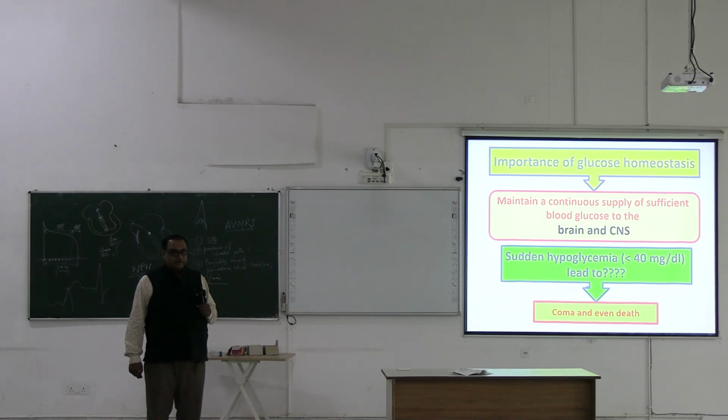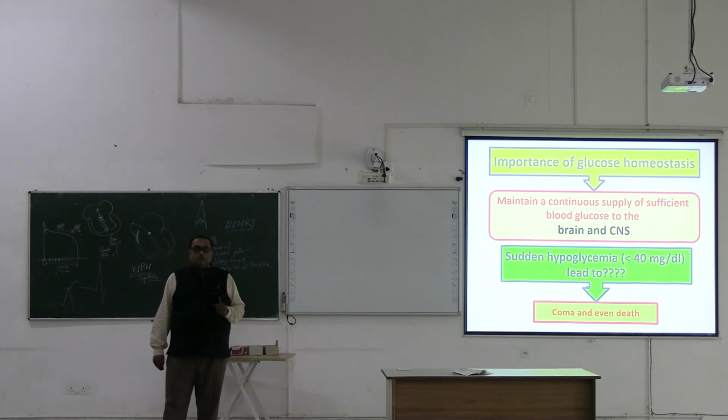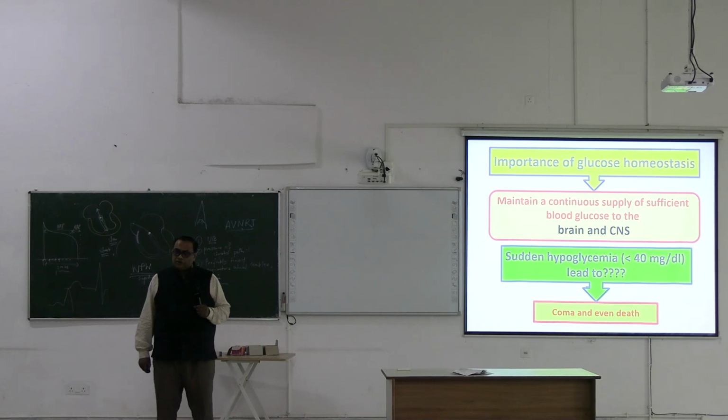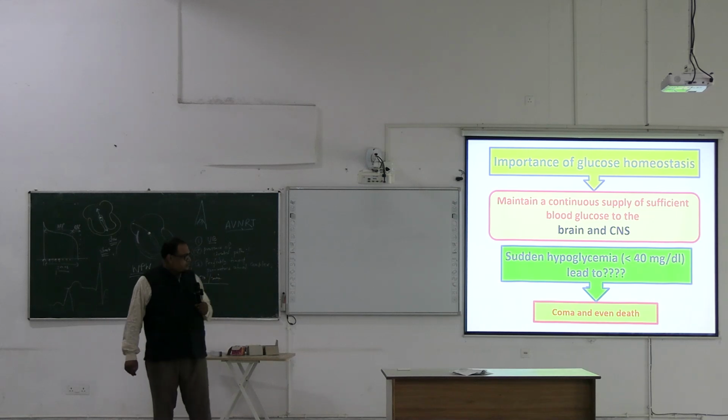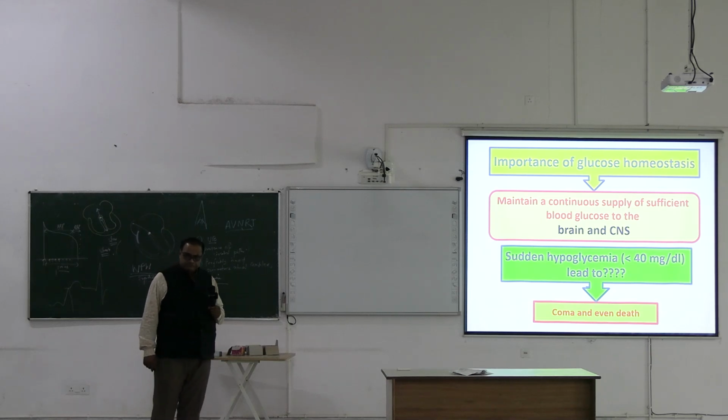Correct? So first of all, whenever this kind of thing will come, and moreover, one more information I want to share. Who are more prone to have hypoglycemic shock? A non-diabetic person or a diabetic person? Diabetic person. Very good. Because a diabetic person, if they take an overdose of diabetic drug, or have taken the drug but not eaten for some time, or eaten less, or has undergone some emotional trauma, stress, then it will fall below the normal level. If it goes below 40, then it is irreversible damage. Brain cannot recover the damage. Right?